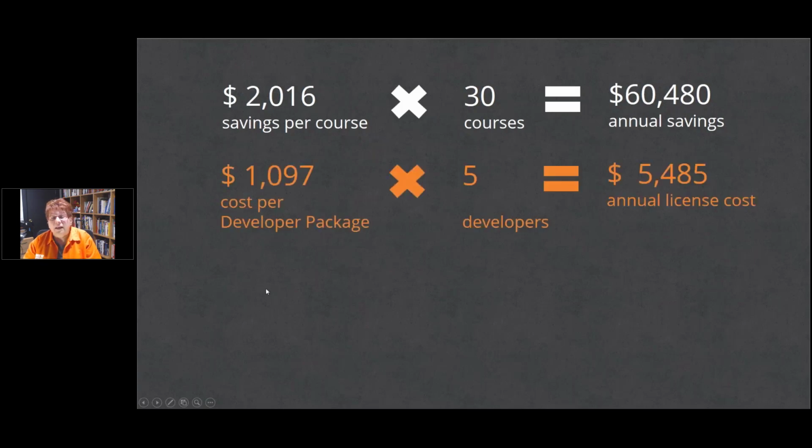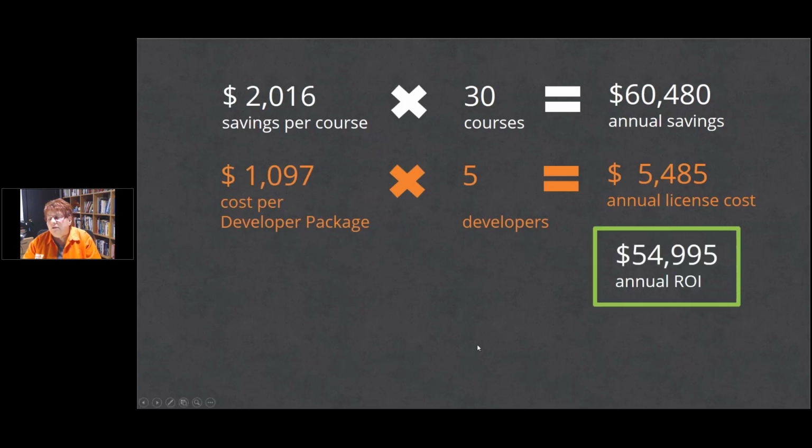If the cost per developer package for each of the 5 devs is roughly just under $1,100, and you multiply that out, the annual license cost for that package in order to achieve this savings is about $5,500, roughly, rounded. And that's an annual ROI by spending this $5,500 on these 5 licenses